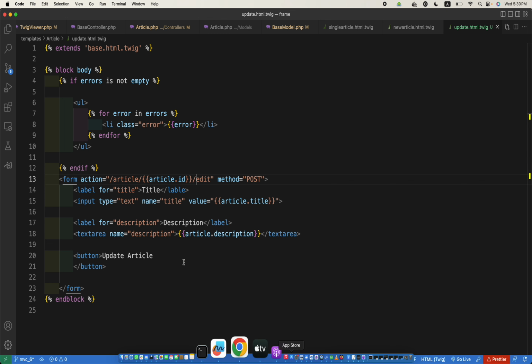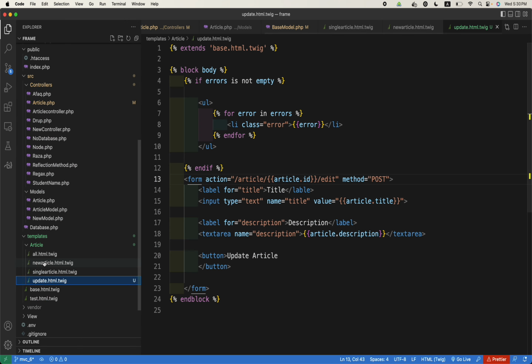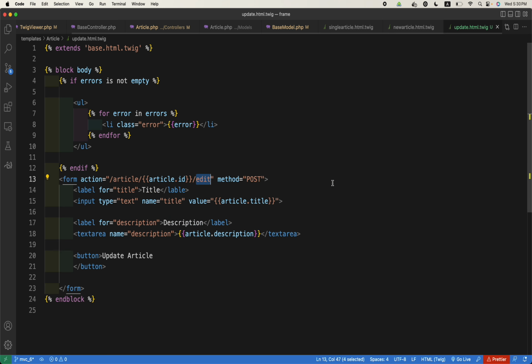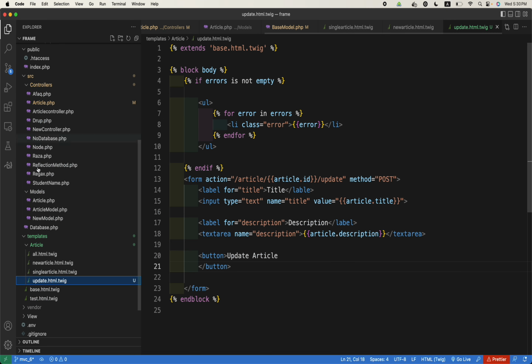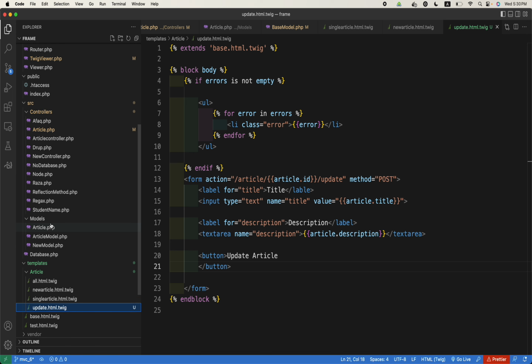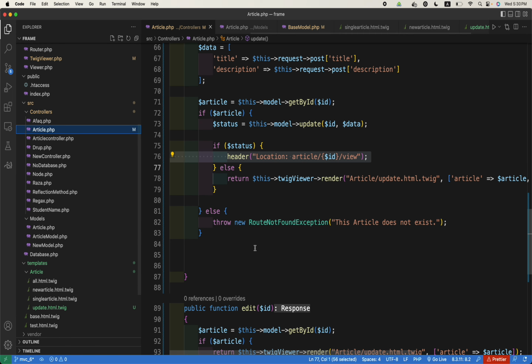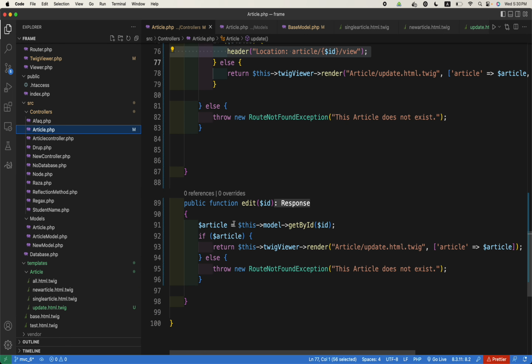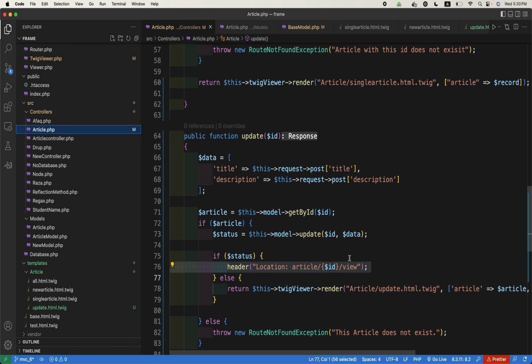And what are we doing in the edit? It should be update. It should go to update, not edit. Because if you go to the controller, the edit includes the edit again, the update again. This is a bit confusing, but you will get used to it. And edit goes to update. The action should be update where it should do all this. So hopefully